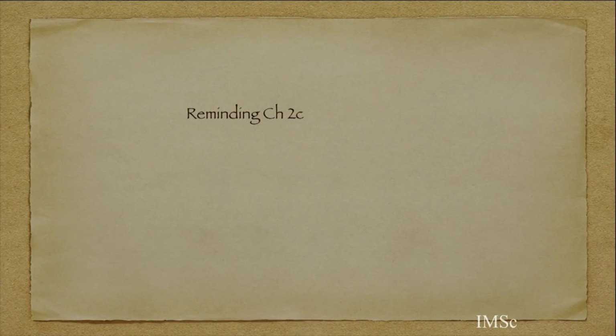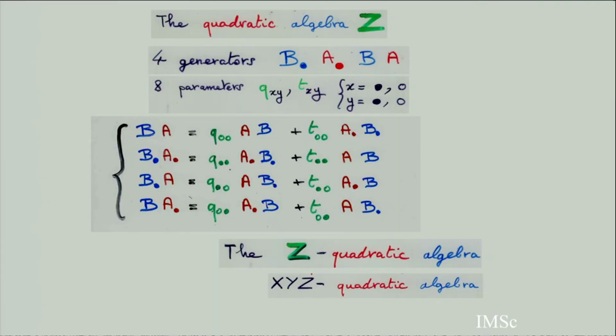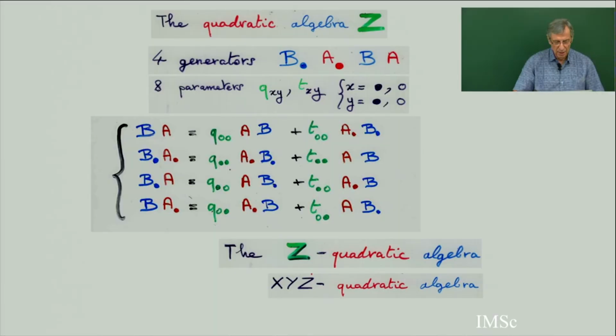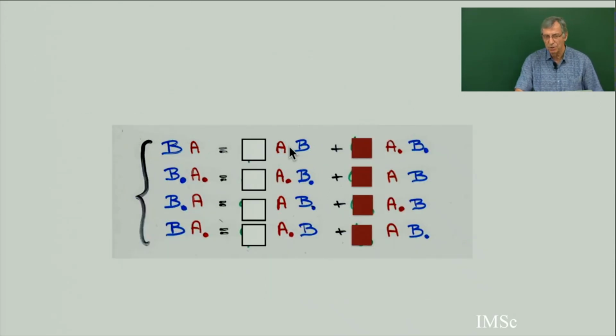Okay, so I'm reminding of a previous lecture, just a brief summary of what we have done. So we introduced this algebra with 8 parameters, 4 generators, the Q and the T, and many sub-algebras are very classical and give a very classical combinatorial object such as a complete Q tableau. We see there are only at most two elements in each right-hand side of the equation, so you need only 2 colors to define the Q tableau.